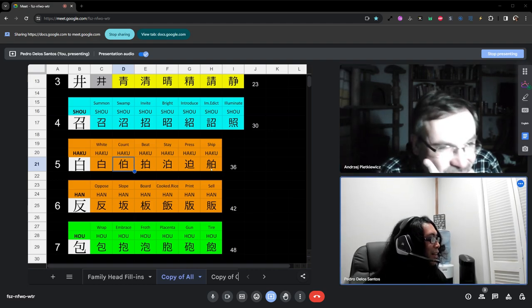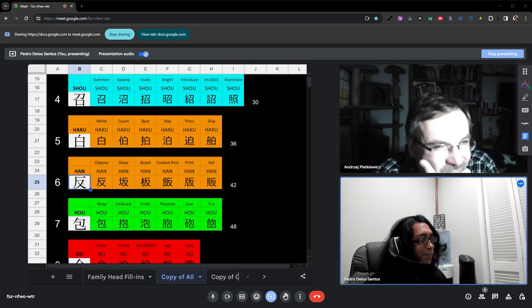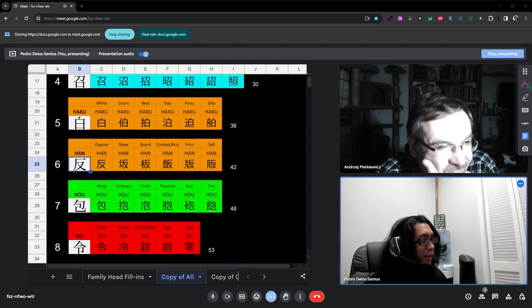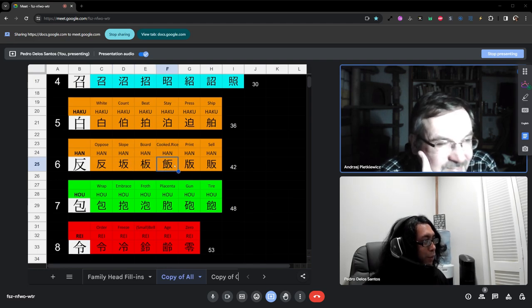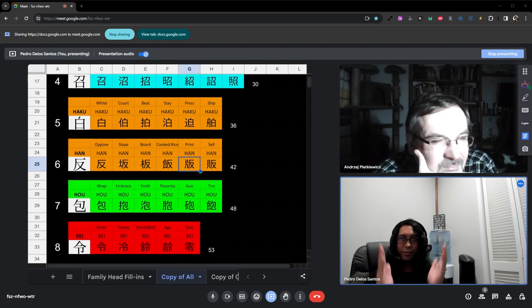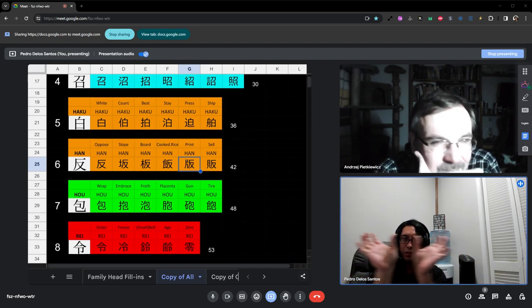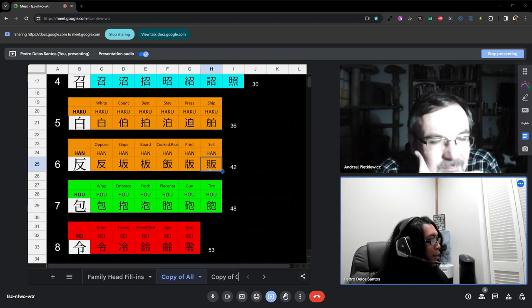Yeah. And then ship, this is a rowboat with picture rowboat. So that's it. Han, so this is to oppose. Now you also have earth, tree, you have food. This is the right half of a symbol. So sometimes you put two things together. This is just the right half. And then you have